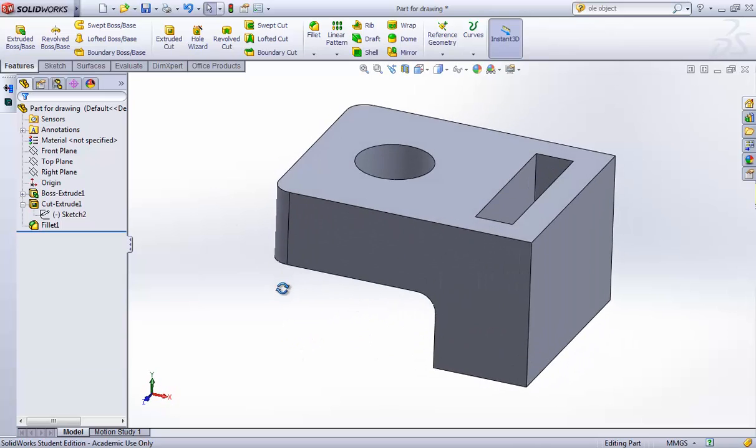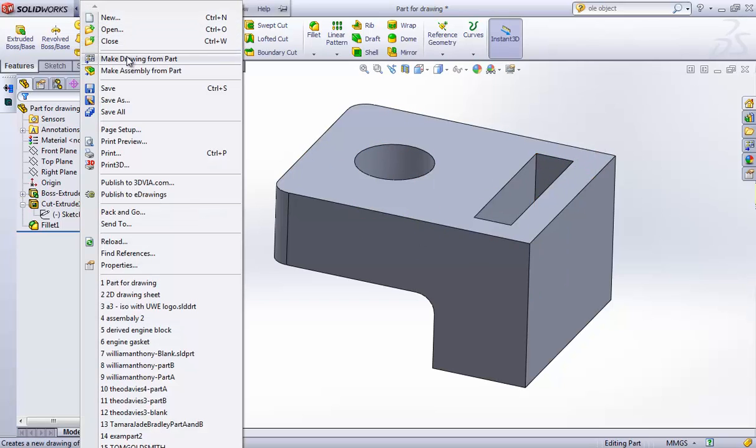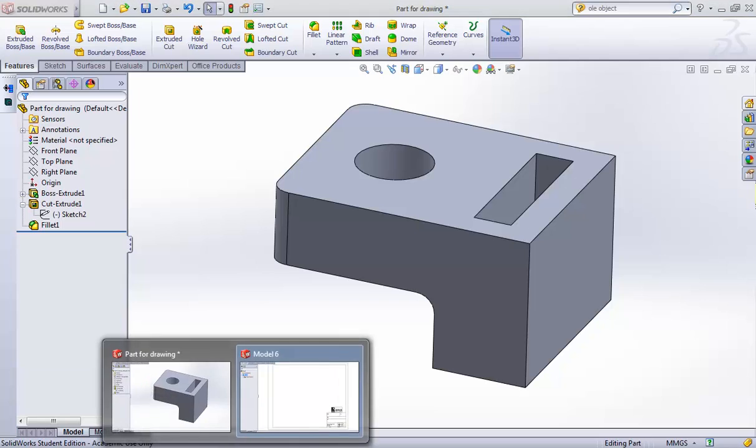So this is the part I want to throw over to the drawing environment, and I want to see how we can create an engineering drawing from this. As I said, there are a couple of choices. We can go here and choose make drawing from part. So that's one way of exporting this into the drawing environment. Or we can